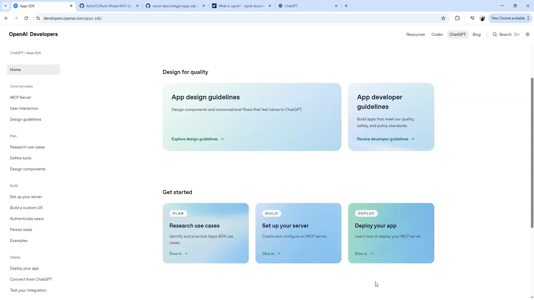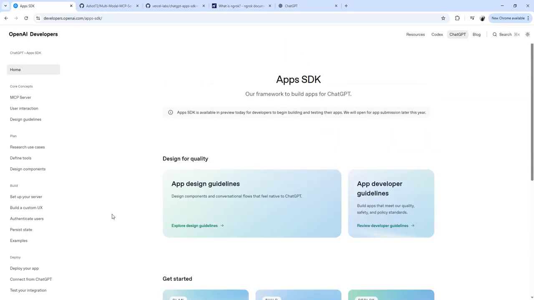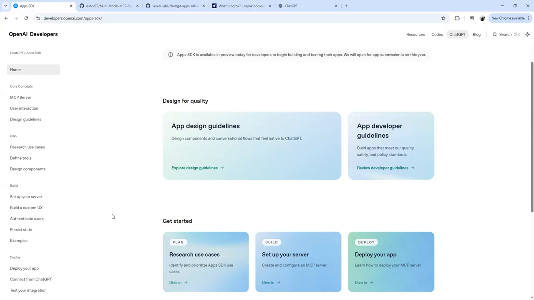ChatGPT just released its Apps SDK recently. The ChatGPT Apps SDK makes a major shift in how people interact with AI. Instead of ChatGPT being just a place to type prompts and get text responses, it's now a full platform, one where developers can build and run interactive apps directly inside the chat. With an audience of more than 800 million weekly users, apps have the potential to be seen by a very